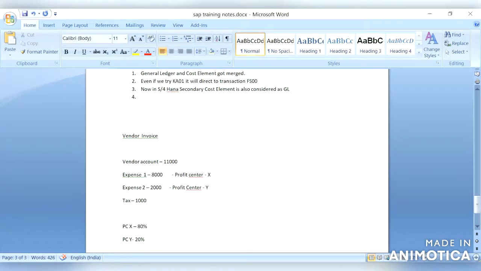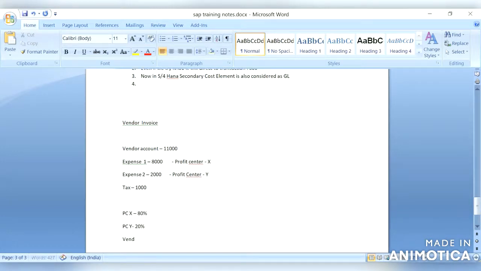So even the vendor account balance of 11,000 we split 80% and 20%. 80% is 8,800 and 20% is 2,200.